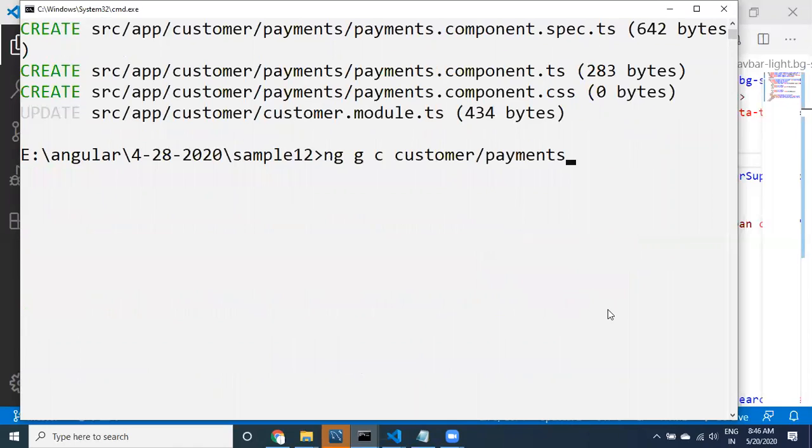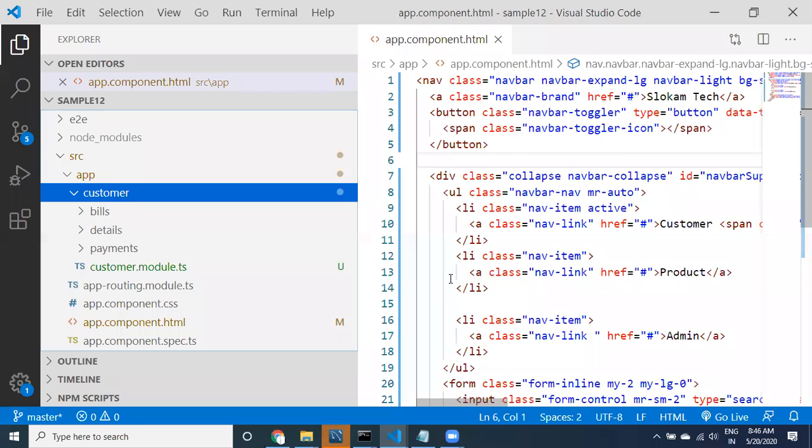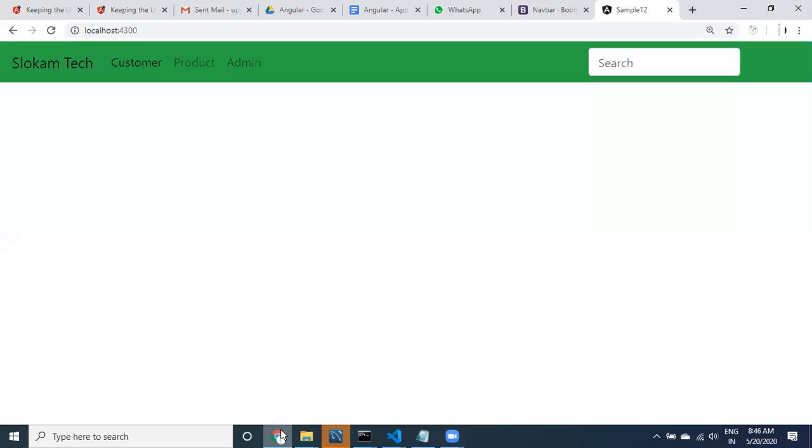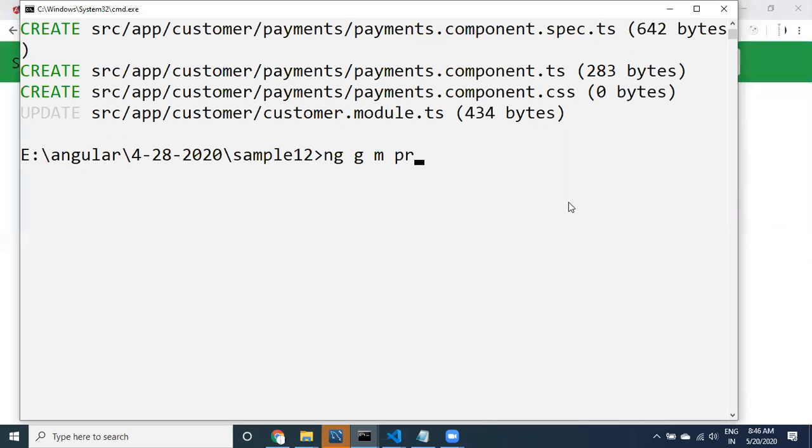In the same way, I want to create a module. Which modules? Admin module, product module. If I hit this, I want to create the product module.